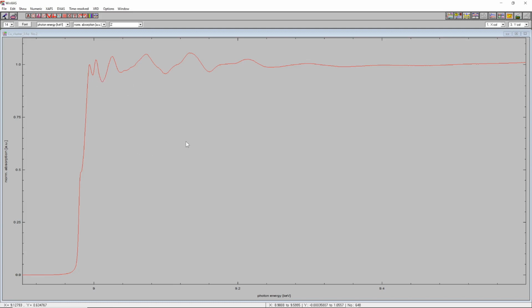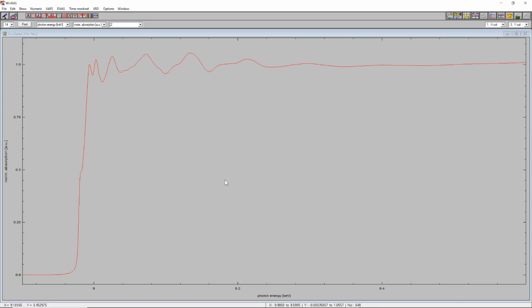This is just for the purpose of this tutorial, and of course you should not do that when analyzing your own data. So this is the absorption spectrum of the sample in photon energy,